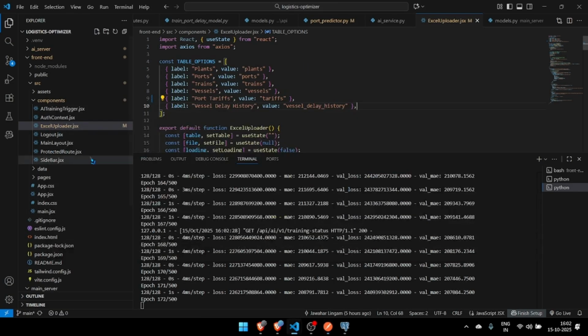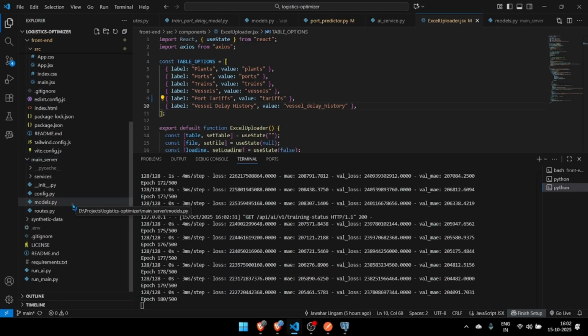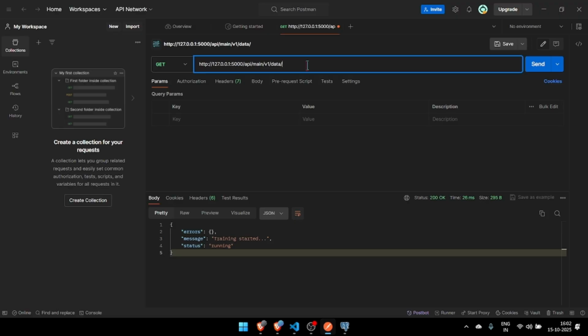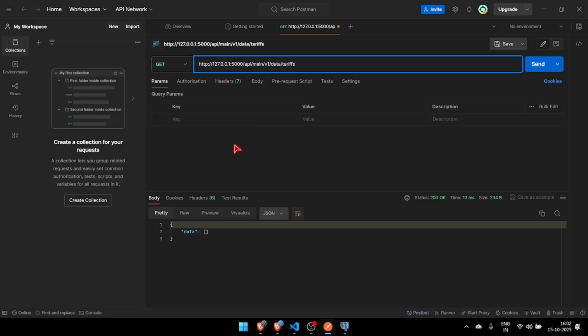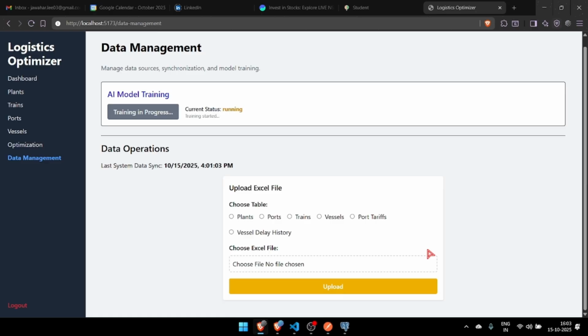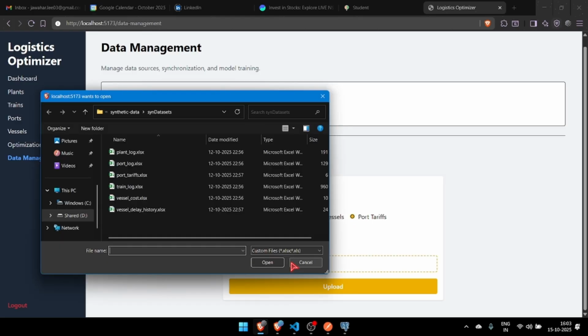One minute, I forgot the schema I gave inside models. Yeah, I have given it as tariffs, data slash tariffs, and if I get it, you can see it is returning empty data because there isn't any log that has been pushed into this tariffs. Other tables are already populated, but this I have left empty because I need to show how the Excel injection works. So let us go to the front end, and here we'll select port tariffs,